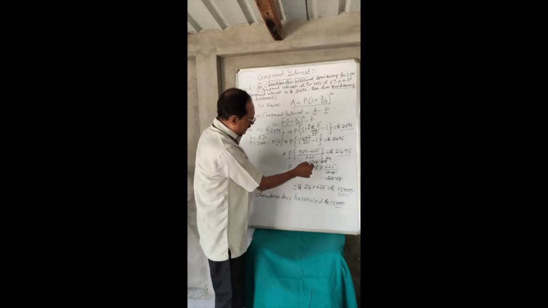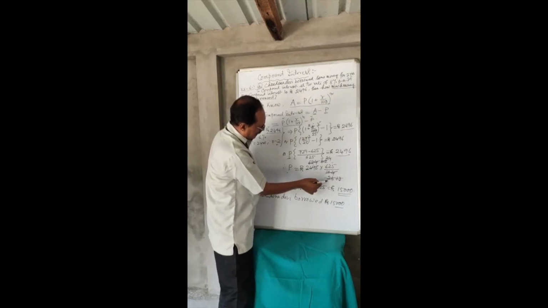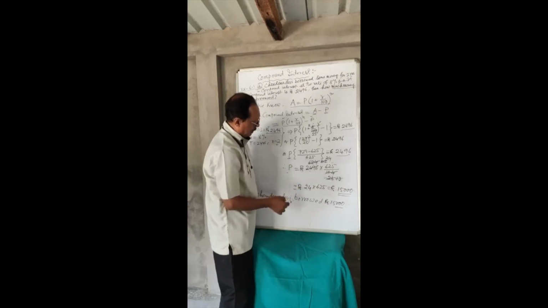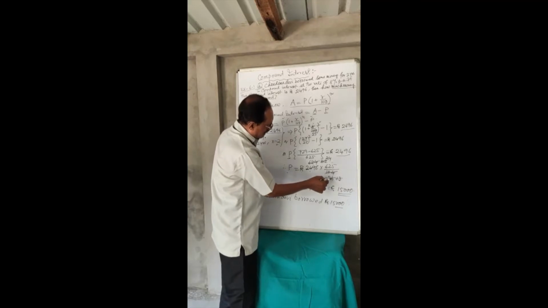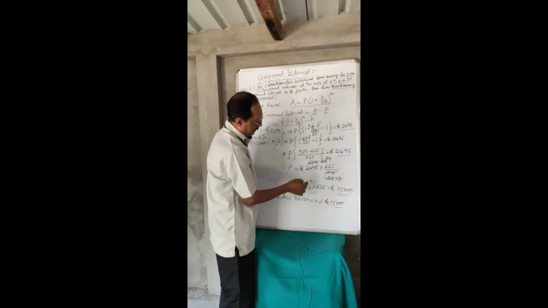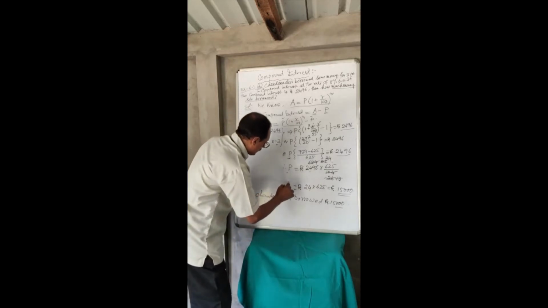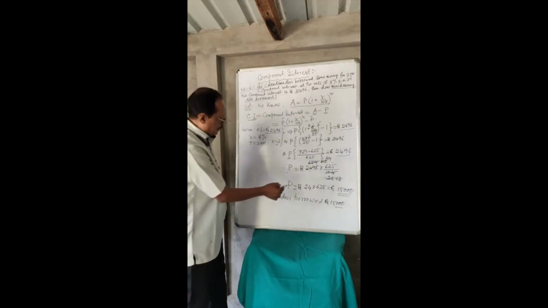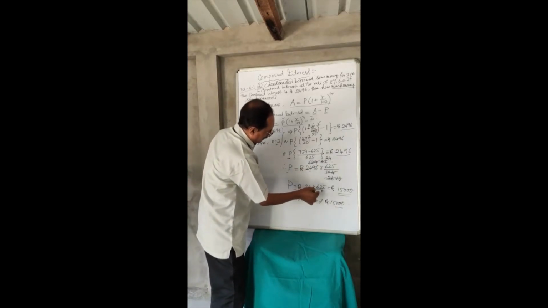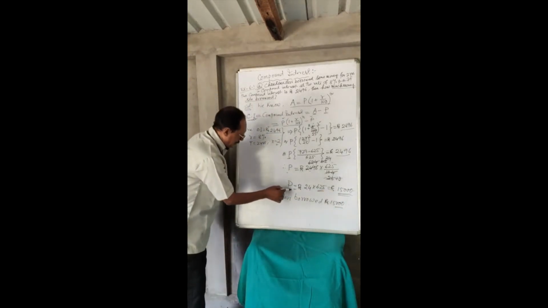After total calculation, firstly I am dividing by 4. So 104 divided by 4 is 26, and 2,496 divided by 4 is 624. Again dividing by 2, 26 divided by 2 is 13, and 624 divided by 2 is 312, and divided by 13 we get 24. So finally the principal is equal to rupees 24 multiplied by 625, and multiplying together, we get 15,000 rupees. That means the principal is 15,000 rupees.